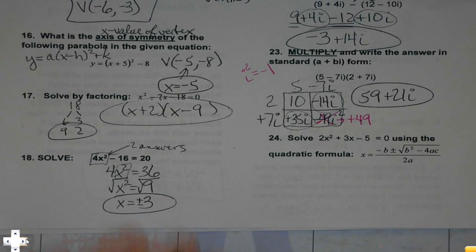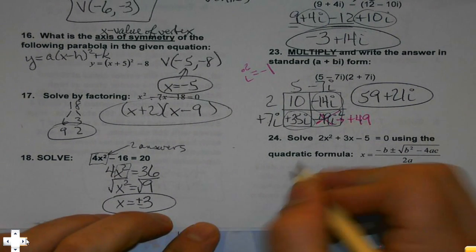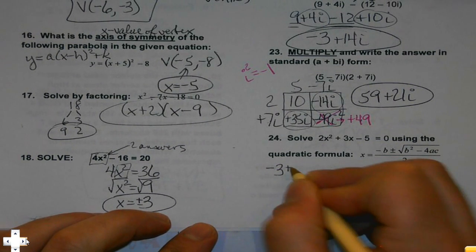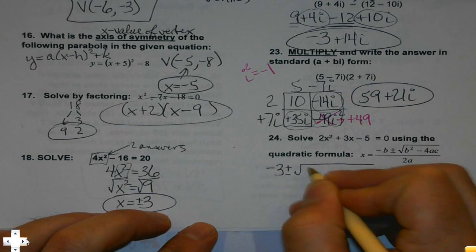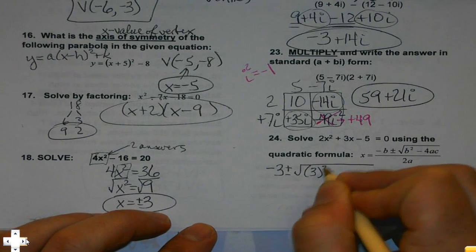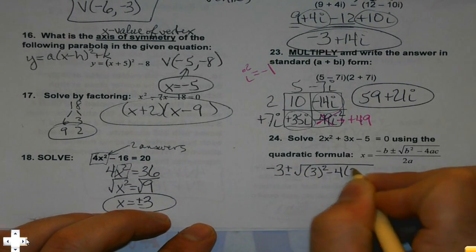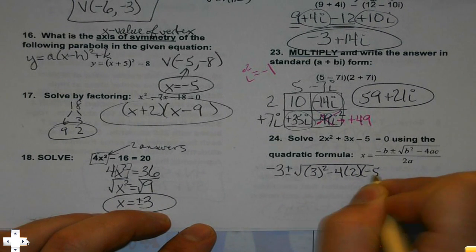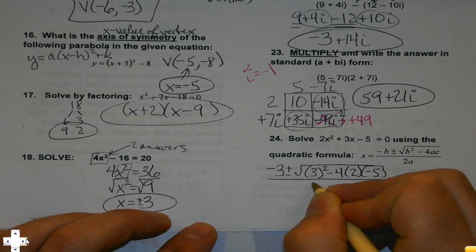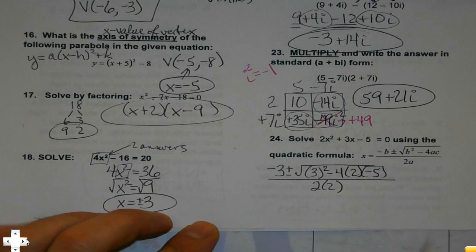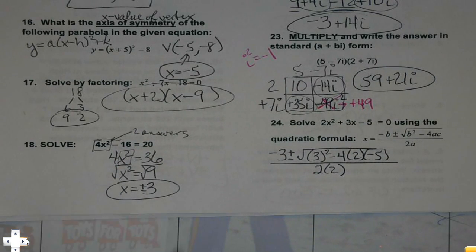24. Solve using the quadratic formula. Yes, it'll be right there, just like it is here. So I do the opposite of b, plus minus the square root of b squared minus 4ac all over 2a. Now here's our kicker. The answers, you'll notice, won't be in decimals. So when you get to this part,